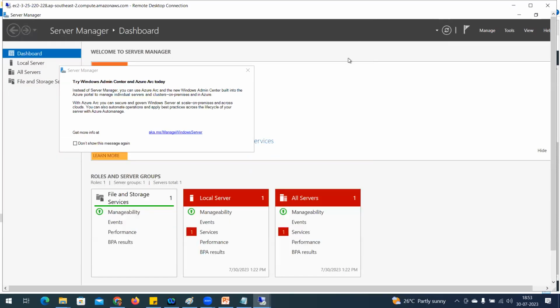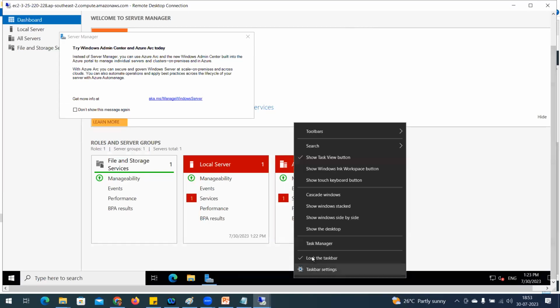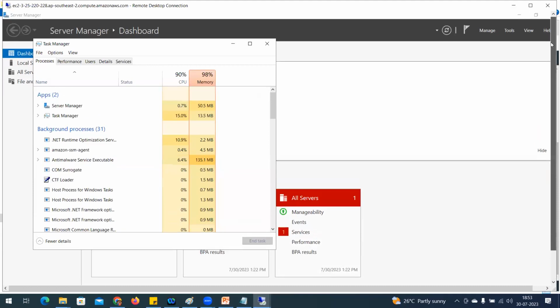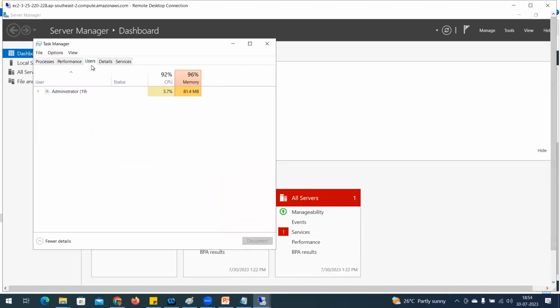Now, can anyone try to connect, open RDP and try to access this server with the provided information, the username batch 166 and the password? Who is trying? Yeah, I'm able to log in. See here, I deployed this server in my management console.